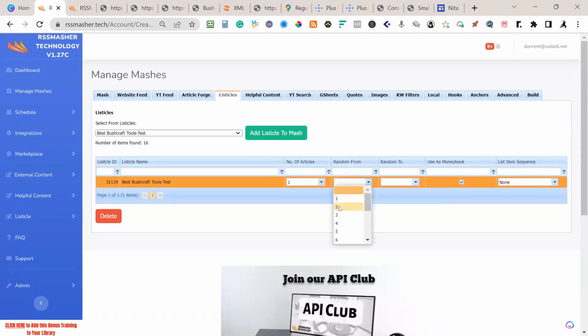Random from, let's say, 2 to maybe 4. So I'm going to randomize my listicle to have anywhere from 2 items to 4 items. And you can come over here and say I want numbers. Let's do sometimes numbers. Okay. Now,